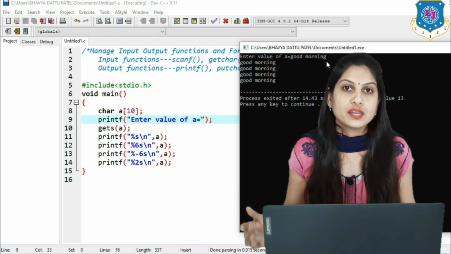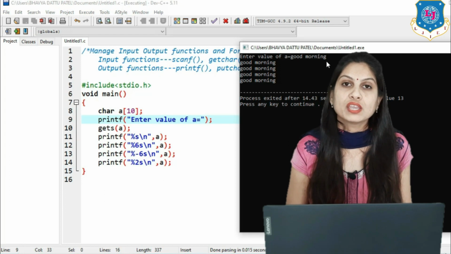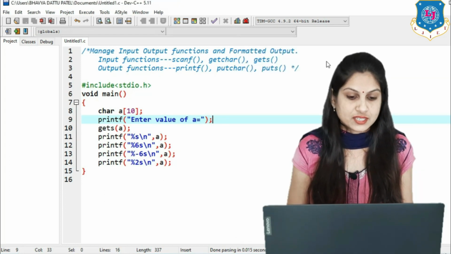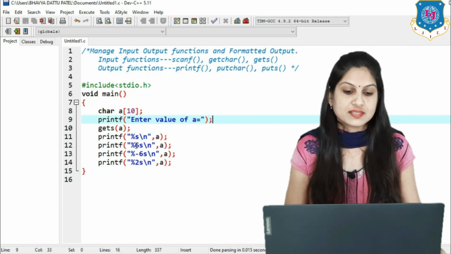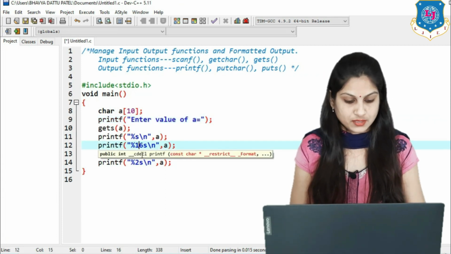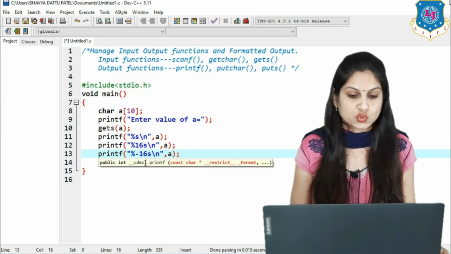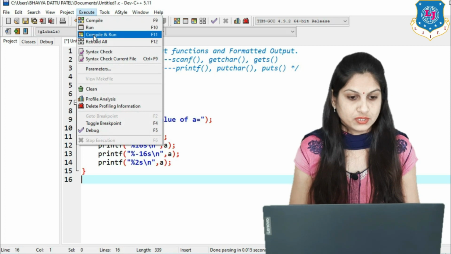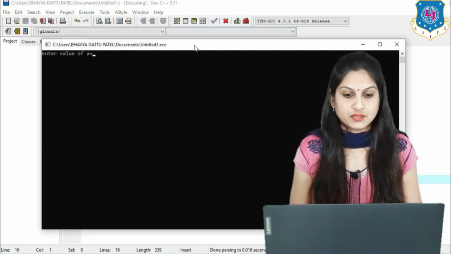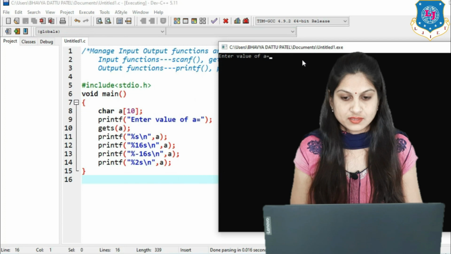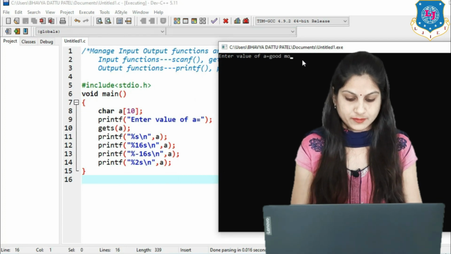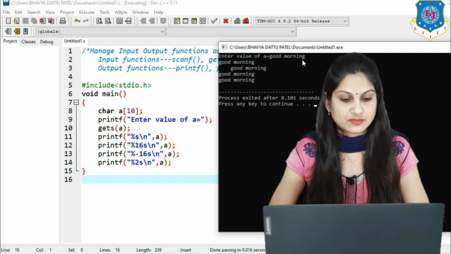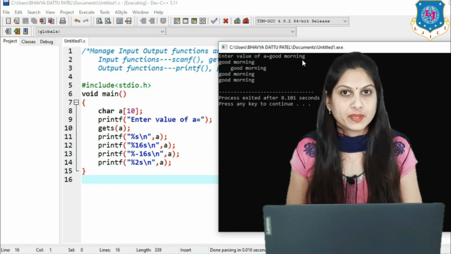So there is no effect of formatted output. But if you specify a number greater than 12, then you can find the formatted output. For that we are changing here, instead of 6 we are writing 16, for a string having 12 characters. So what happened? You can find the different output for the same string, good morning. First is the same as good morning because we are writing simply %s.